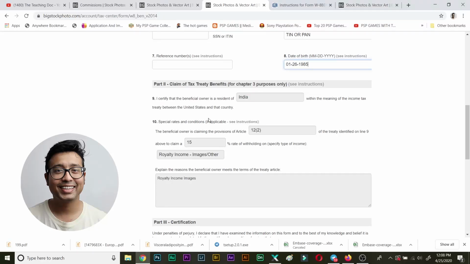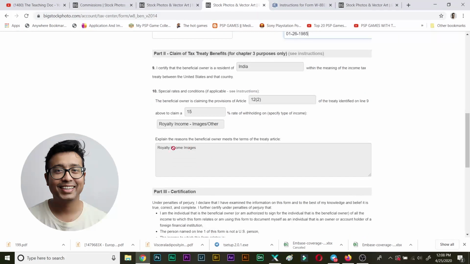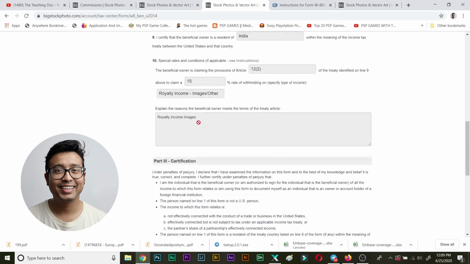Thereafter, these two options will again be filled up. So India, 12.2 and claim 15, very important. If it is not filled up, please note this down and fill it up on your own. The country, article 12.2 and claim 15. Explain the reasons the beneficial owner meets the terms of treaty. In this you need to mention why you are filling up the tax form. Over there I filled up royalty income images.